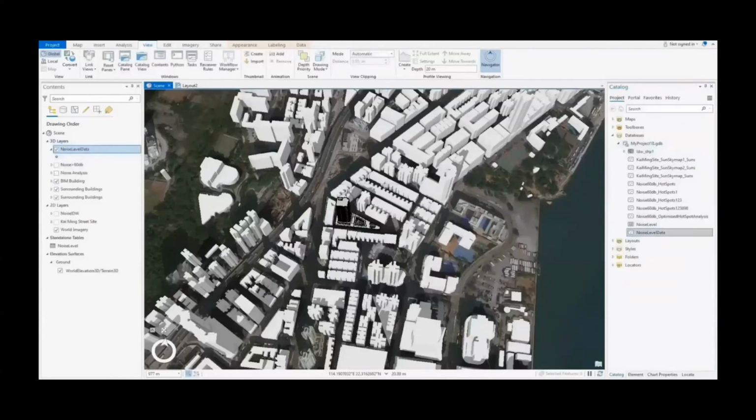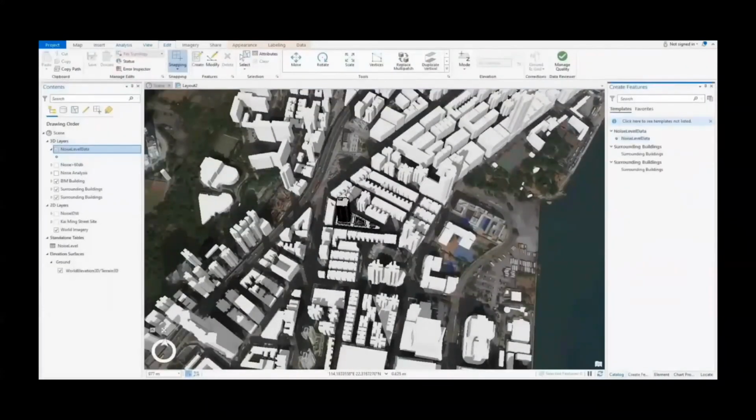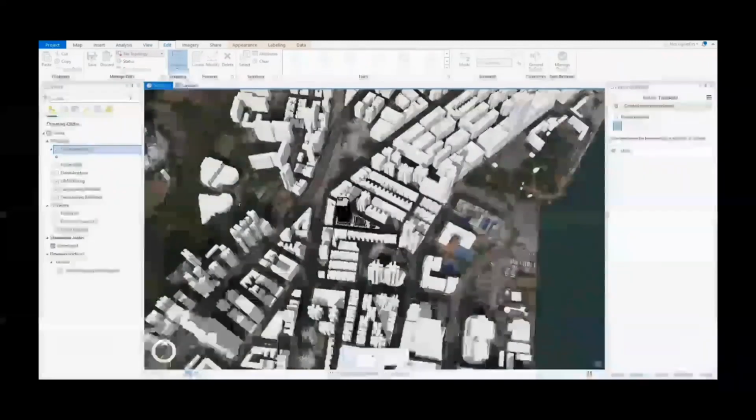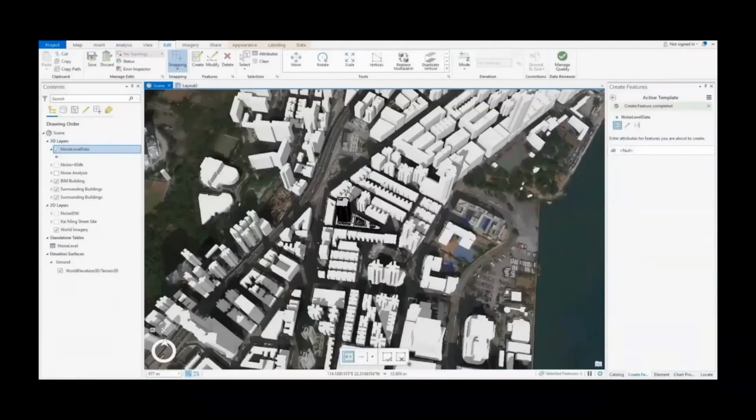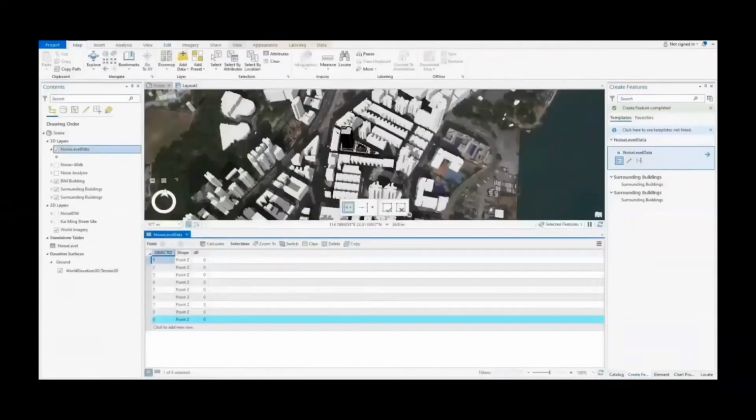Similarly to the previous steps as Nora has just demonstrated, we use the edit tool in the toolbar, click Create, select the noise level data, click the arrow, and start putting our points into the map. One thing to bear in mind is that the data points should be digitized according to the sequence you created in the Excel file. For example, the first point you created corresponds to the A1 data point, as we have just shown in the Excel file. For demonstration purposes, we have created 9 data points here, and we click save and finish.